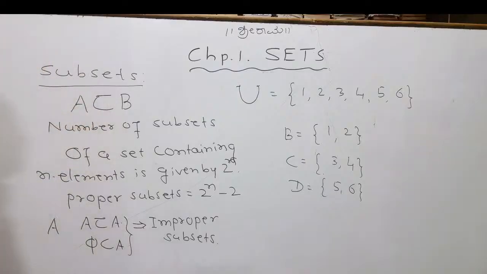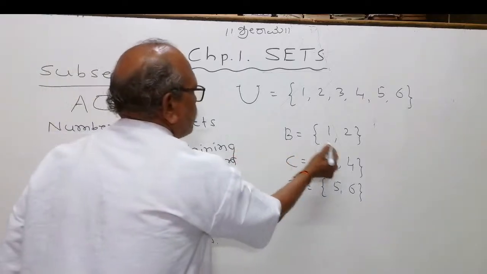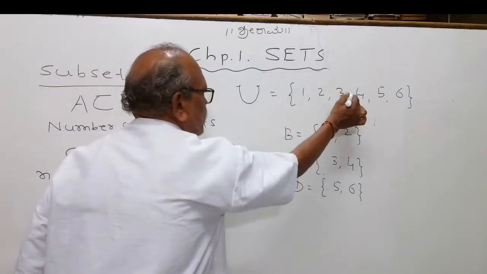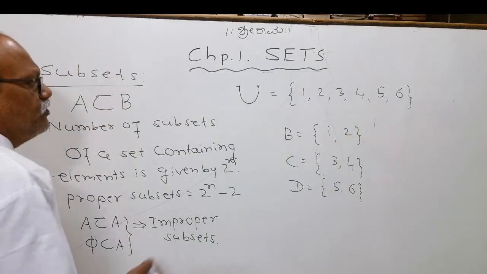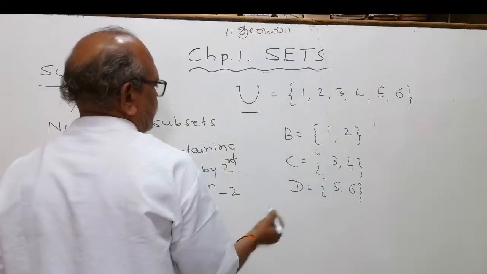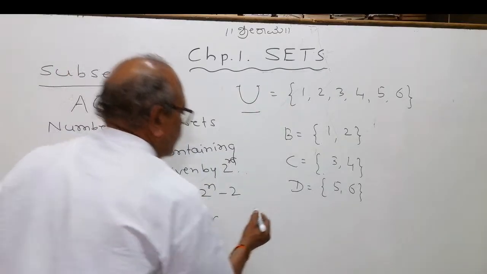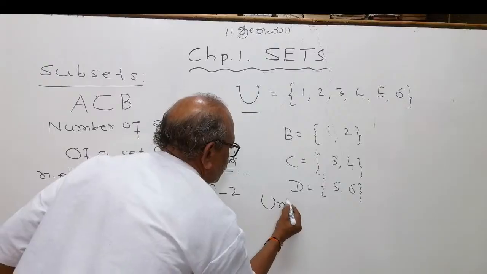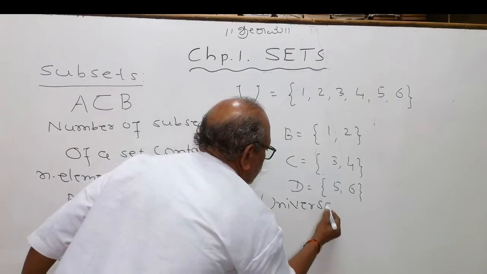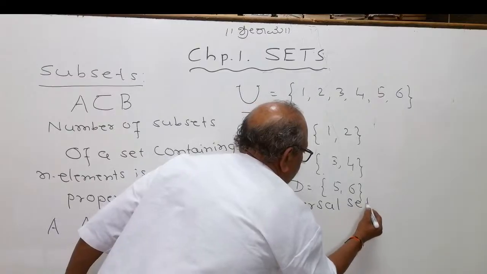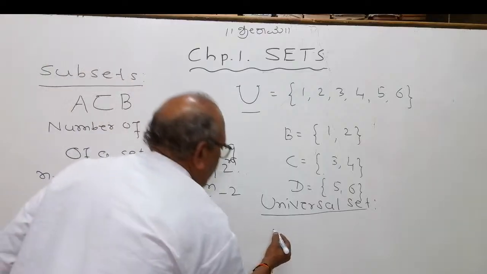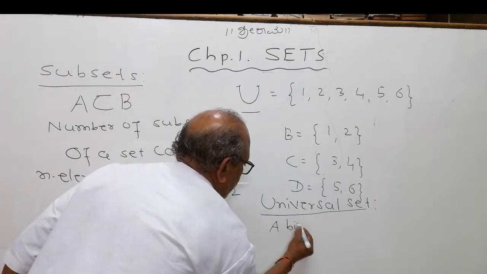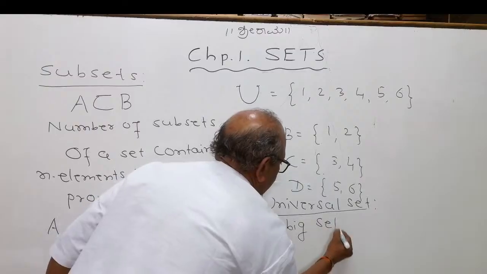We represent the universal set by the symbol U. Elements of B are present in U, elements of C are present in U, elements of D are also present in U. Therefore, this is called the universal set. So let us try to understand what a universal set is. What does universal set mean? A big set which contains